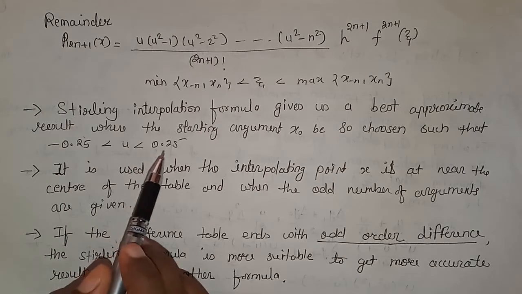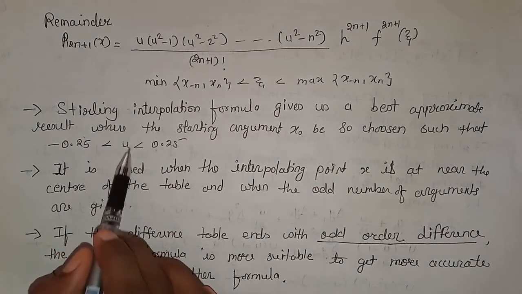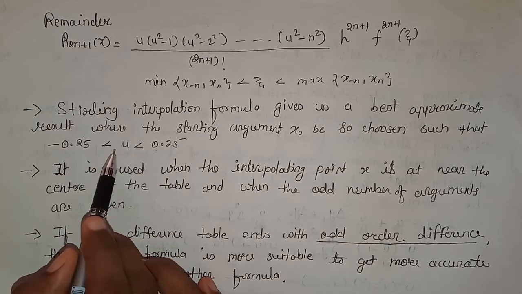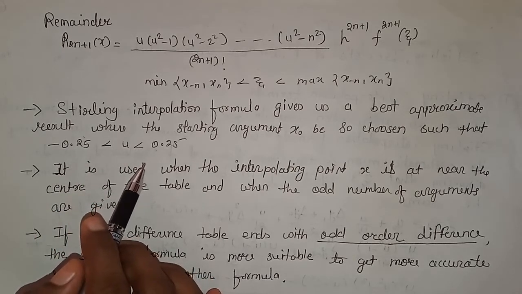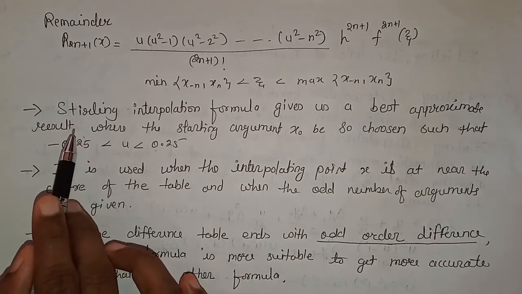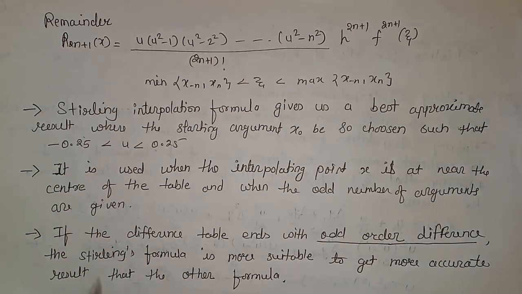So when we are calculating u, if it lies between minus 0.25 and plus 0.25, then we will use Stirling's interpolation formula. Next, if our x is near the center of the table, and when an odd number of arguments are given, we will always use the Stirling interpolation formula. And the last one,